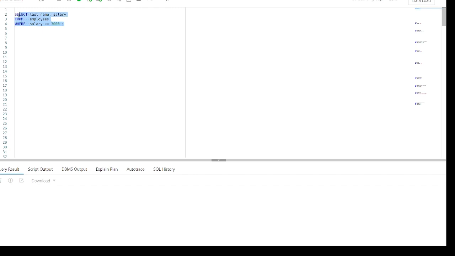Now when we execute this query, you are going to see that the result set will have the last name and the salary for all those employees whose salary is less than as well as equal to 3,000. So let's just see.